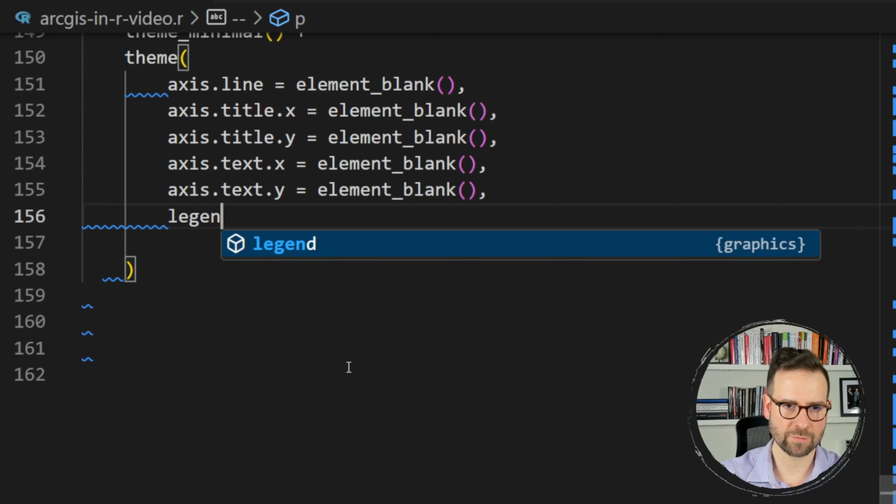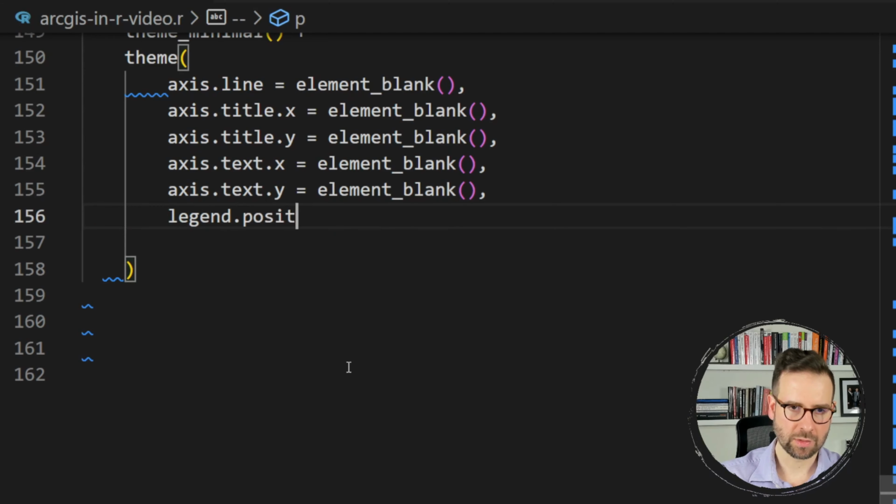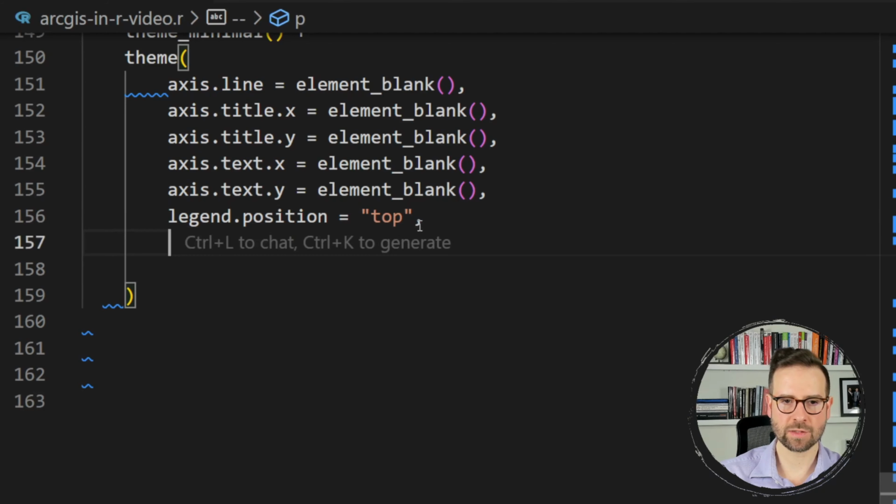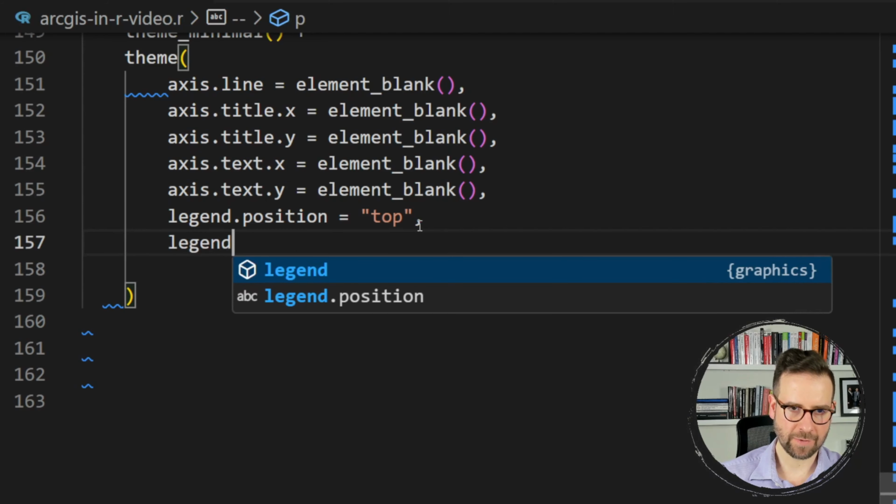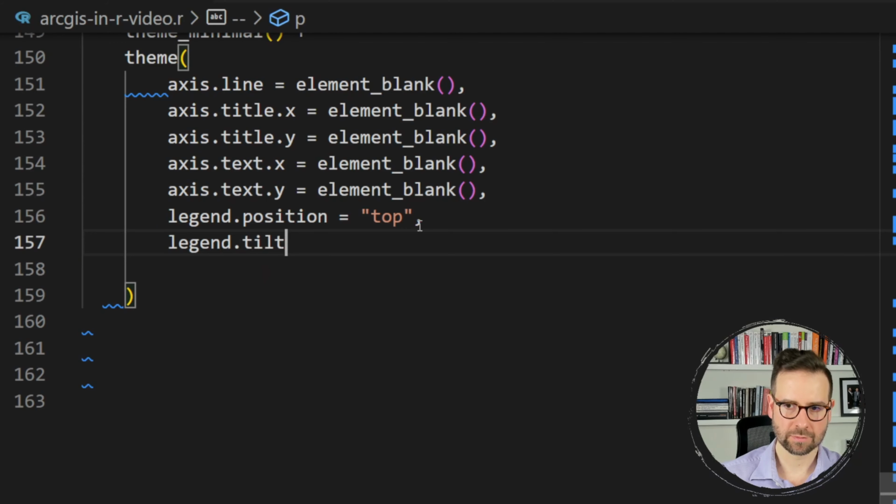Then after we got rid of these excess things such as grids, we can then specify something. One of them is, for example, legend position. This is different from direction because here we put where the legend is going to be. So we're going to put the legend at the top. That's one thing. You can, of course, change this. Then we can also, for example, specify legend title. Now, a very important thing to remember is that legend titles, legend text, other titles, that is all text,